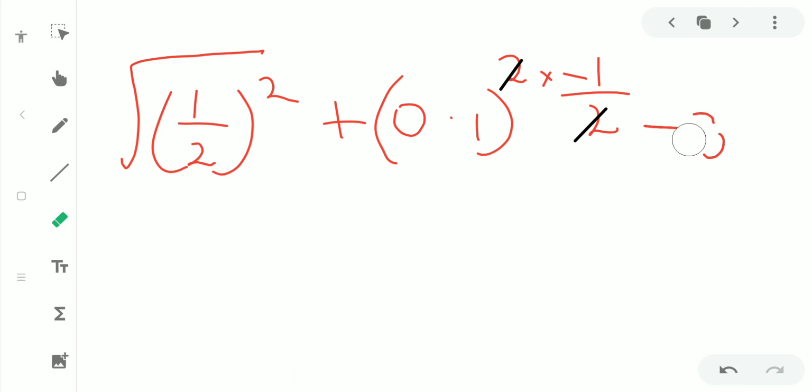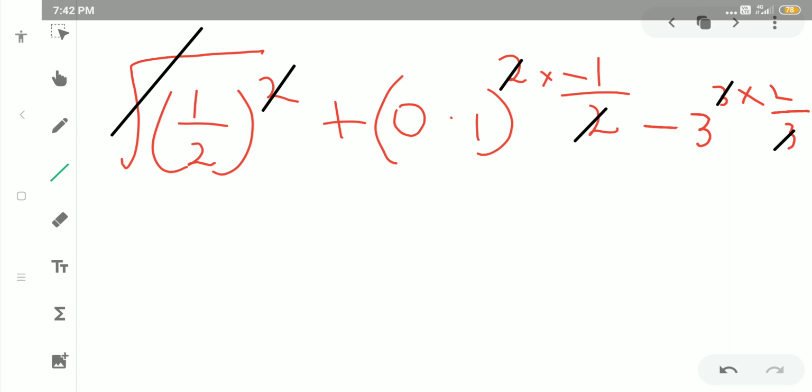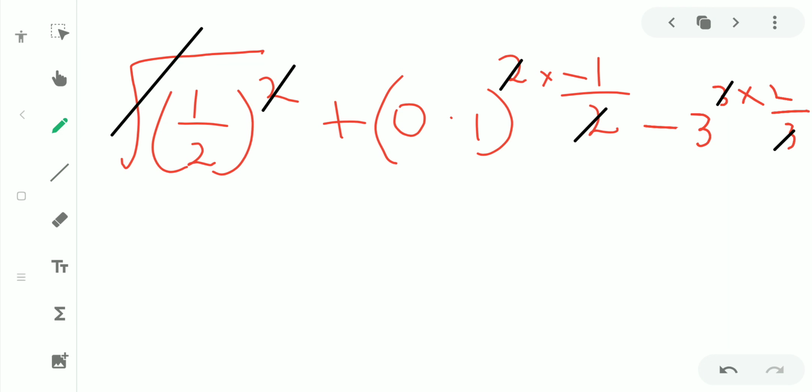I will write 3 cube whole power 2 by 3 as 3 power 3 into 2 by 3. The same formula I am applying here, a power m whole power n is equal to a power mn. So here also I will get the cancellation, 3 and 3. Now here I can cancel square and root. So I will have 1 by 2 remaining